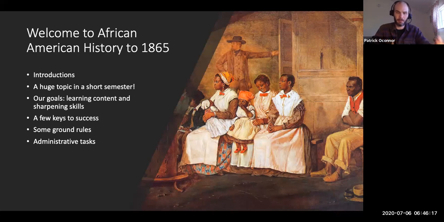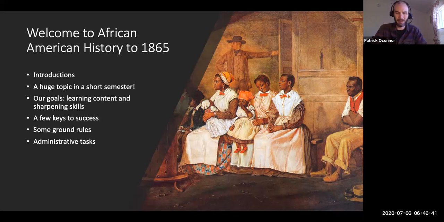Students who focus on the readings, who consider the significance of the readings, who actively engage in discussion, they're going to get a lot more from this class than passive counterparts. In other words, the course lives or dies based on your engagement with it. So do your best to be an active participant, okay?